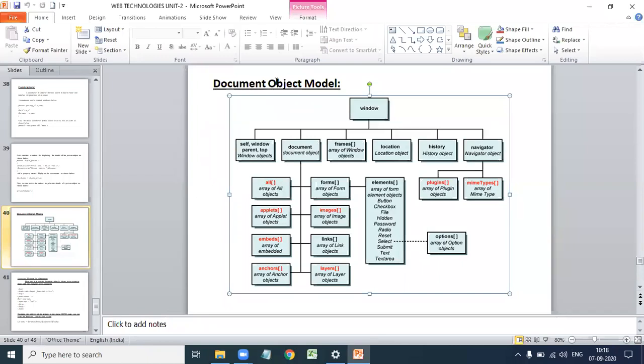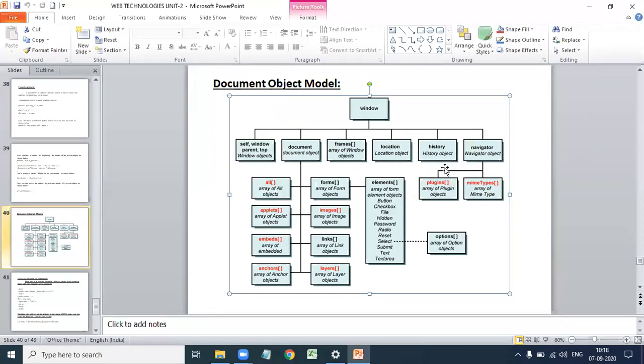That is the main use of the document object model. It is an API for application programs to interact with the web documents, that is, to interact with the HTML. Using DOM along with JavaScript, we can create, remove, add and change HTML elements.